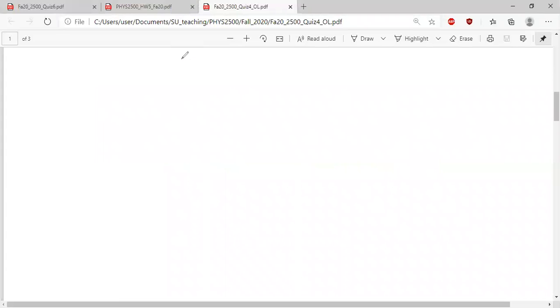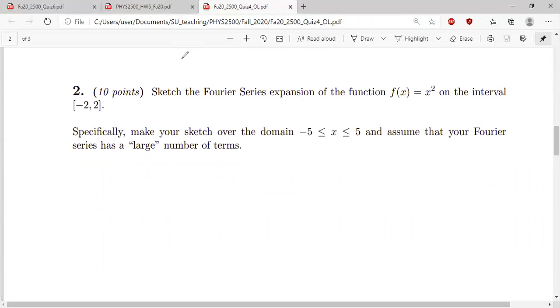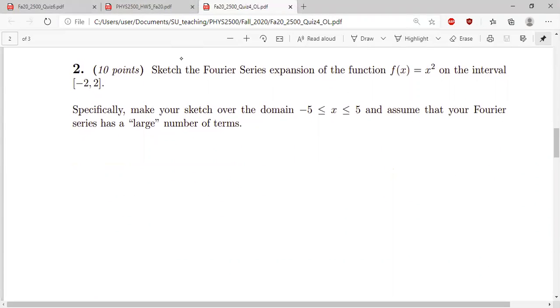So problem 2. Nice artistic problem. We'll just sketch the Fourier series of the following function, x squared evaluated on the region minus 2 to 2. So the Fourier series expansion is on the region minus 2 to 2, but the domain of the graph itself is minus 5 to 5. So really this is just asking you if you